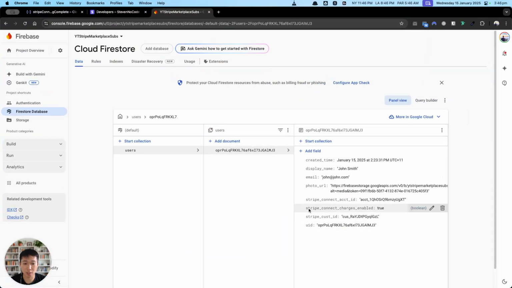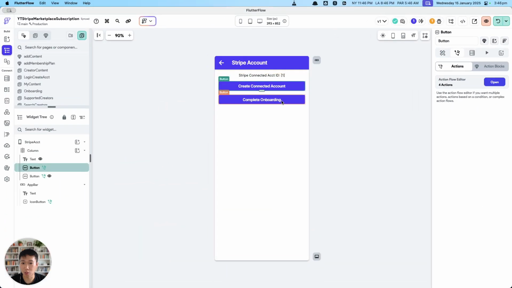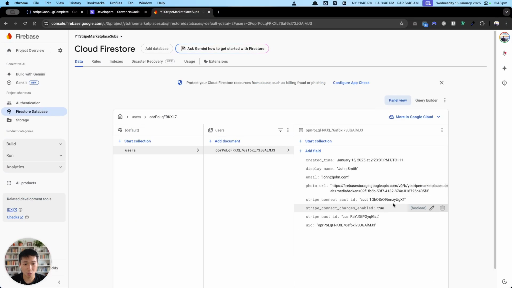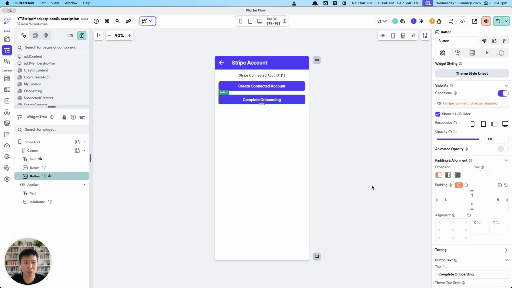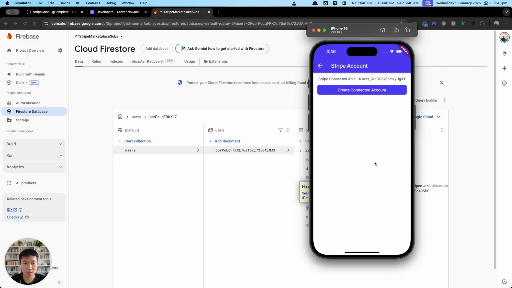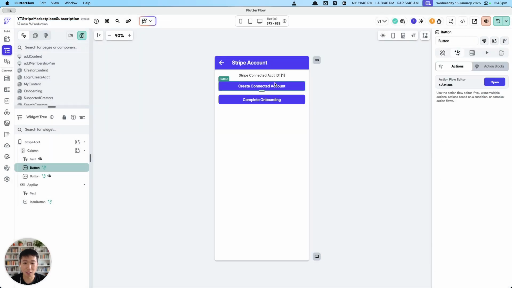And here you can also see that Stripe charges enabled has been set to true. I forgot to configure this visually correctly. This complete onboarding button should only show if Stripe charges enabled is equal to false, which doesn't seem to be working correctly here for some reason. So maybe, yes, this button is, yeah. So if this button is set to